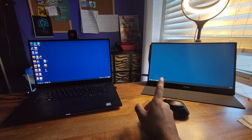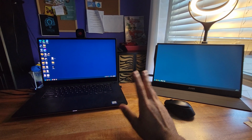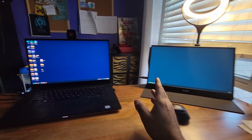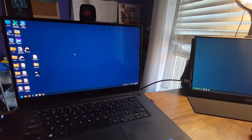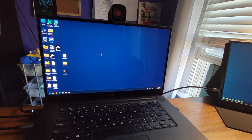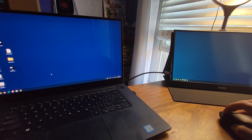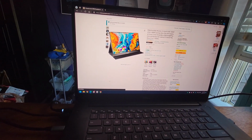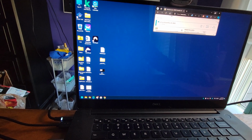You can already see there's a bit of display color difference between the main display of my laptop and the portable one. Having said that, my laptop's monitor is actually extra colorful. I think it might be because of the touchscreen. I hate that. But just to give you an idea, I am going to open some Google Images. I don't think you'll be able to see the differences, but just for example, if I were to